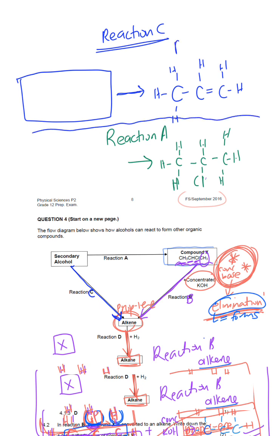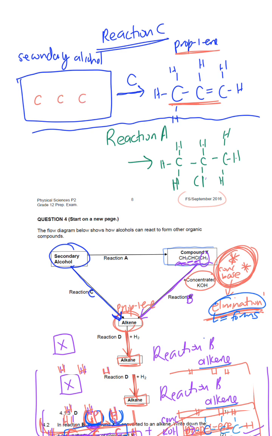So here's my prop-1-ine, the alkene at the center, and it undergoes reaction C, but it starts off with a secondary alcohol. So now we're going to need to identify this secondary alcohol. So firstly, we can see that we are ending up with prop-1-ine. So that tells me that my alcohol is also prop,